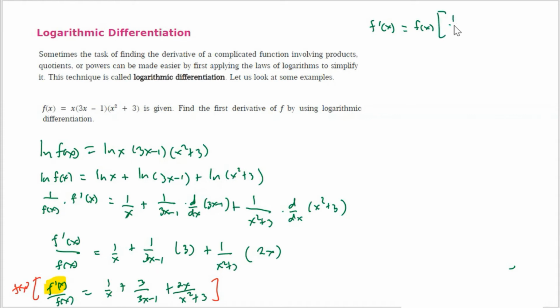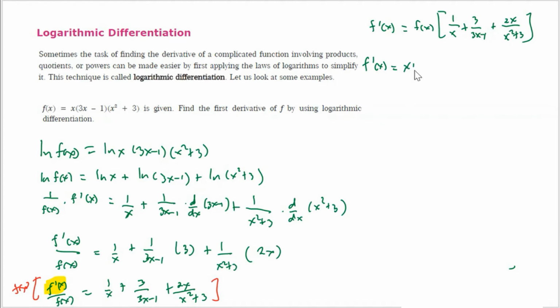So I can write 1 over x plus 3 over 3x minus 1 plus 2x over x squared plus 3. Now, f of x is actually the given. So by substituting back the meaning of f of x,